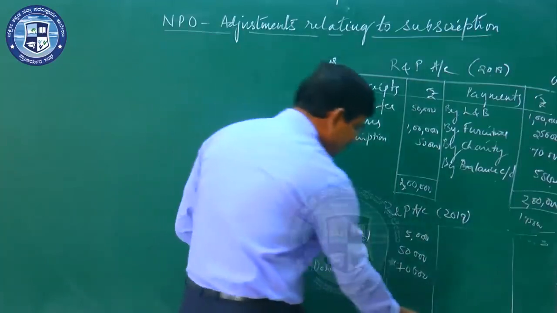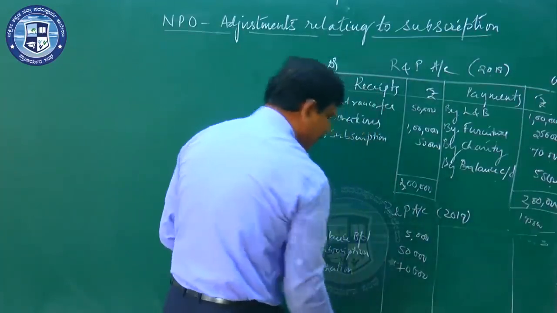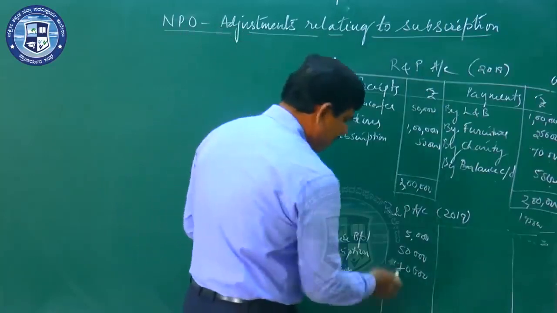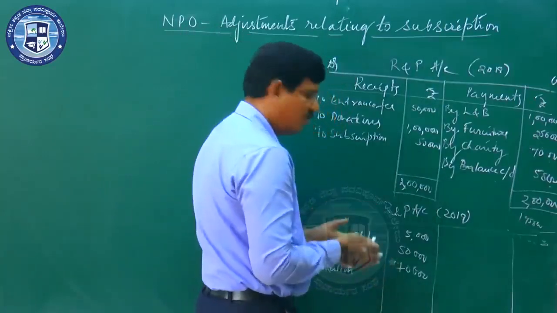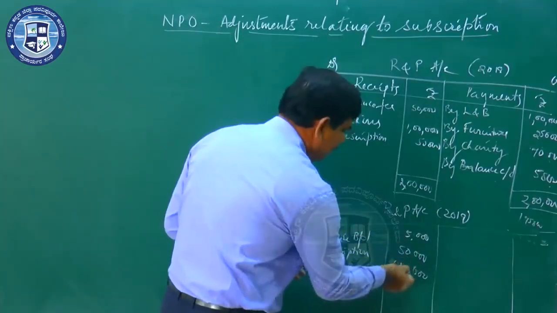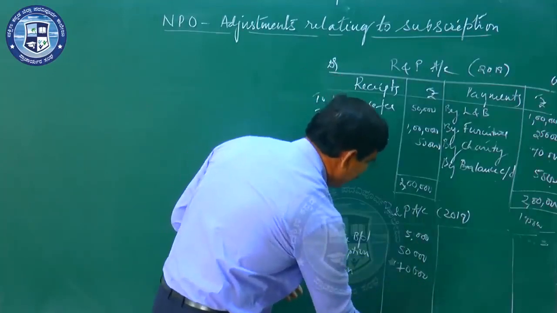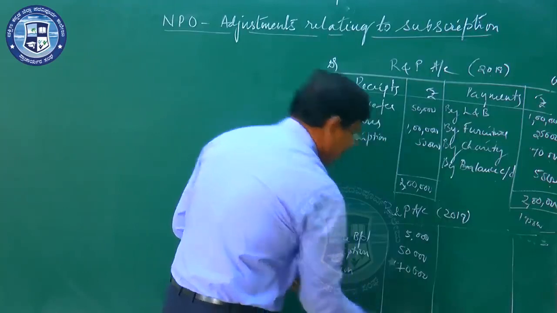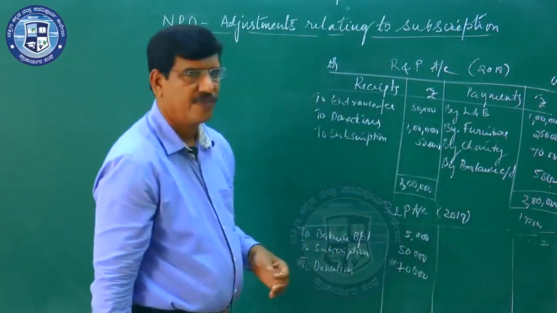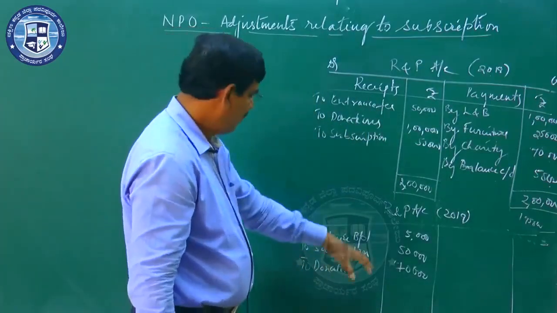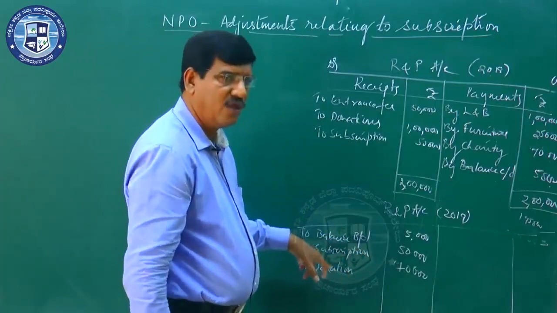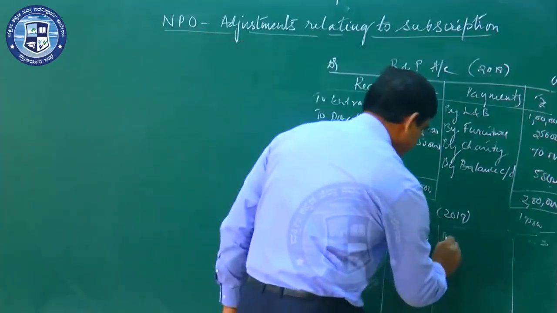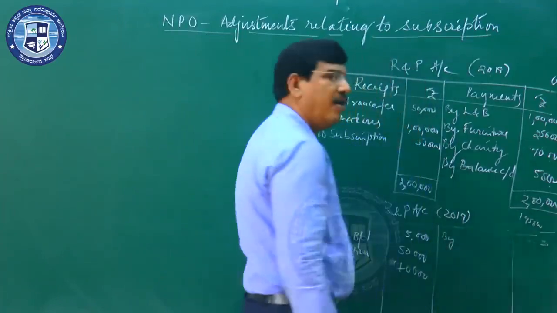So total resources we have in the receipts, and along with the opening balance, the total fund you have, the total resources you have is 1,25,000. So whatever you received in the year 2019 in the form of subscription and donations, you are purchasing a motor vehicle,